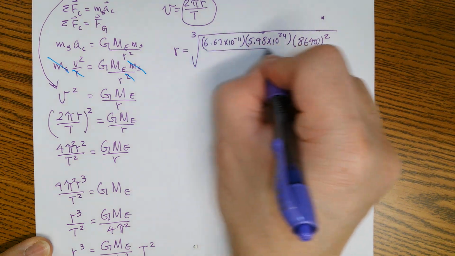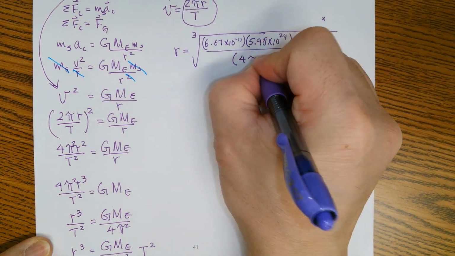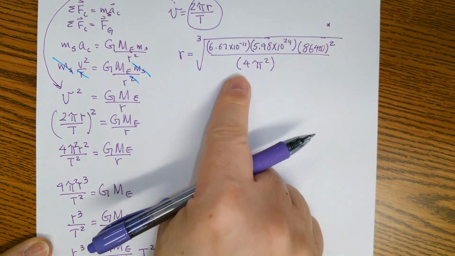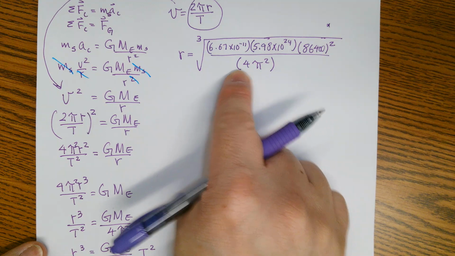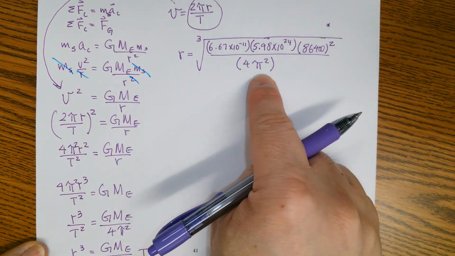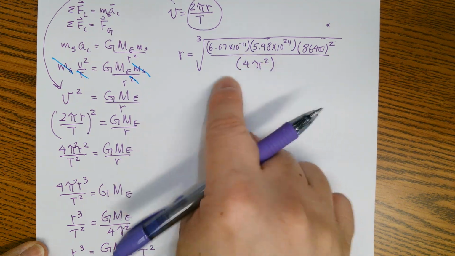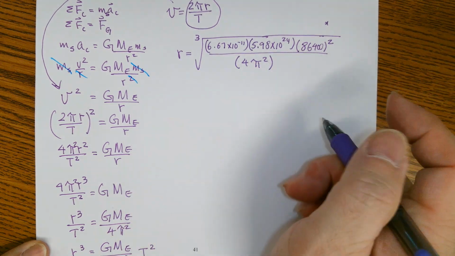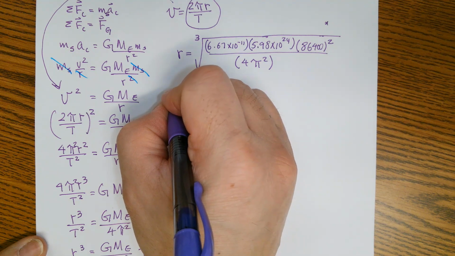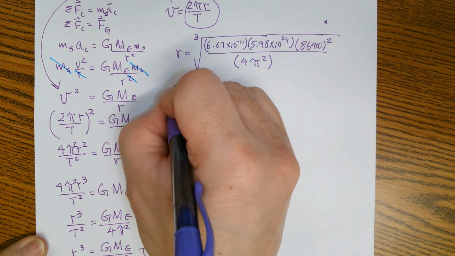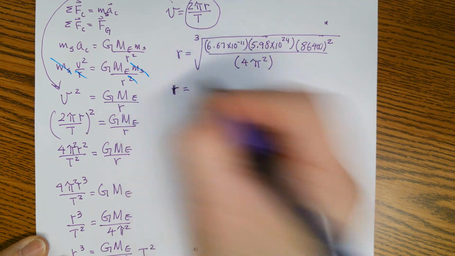Divide that by, don't forget to put this in parentheses, 4 pi squared. If you just do divide by 4 pi squared, it's going to divide the whole thing by 4, and then you're going to multiply that by pi squared. So please put these in parentheses, right? So when you work this thing out, your R cubed rooted, your R is equal to,